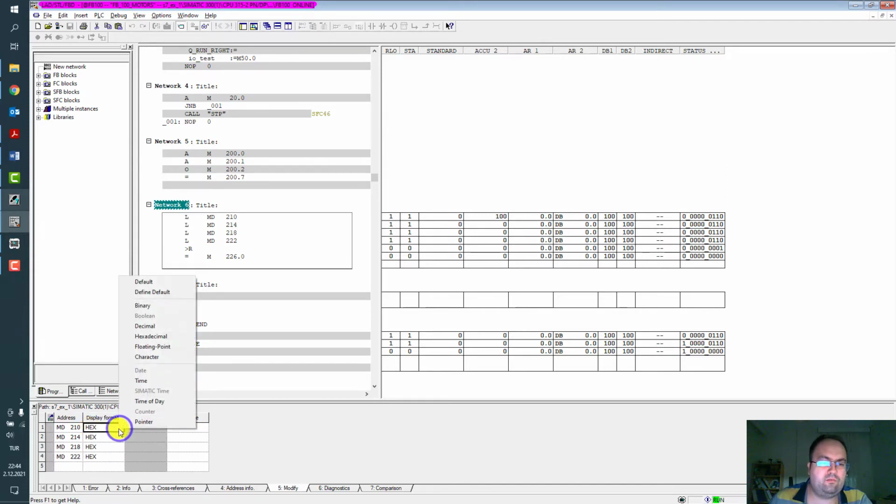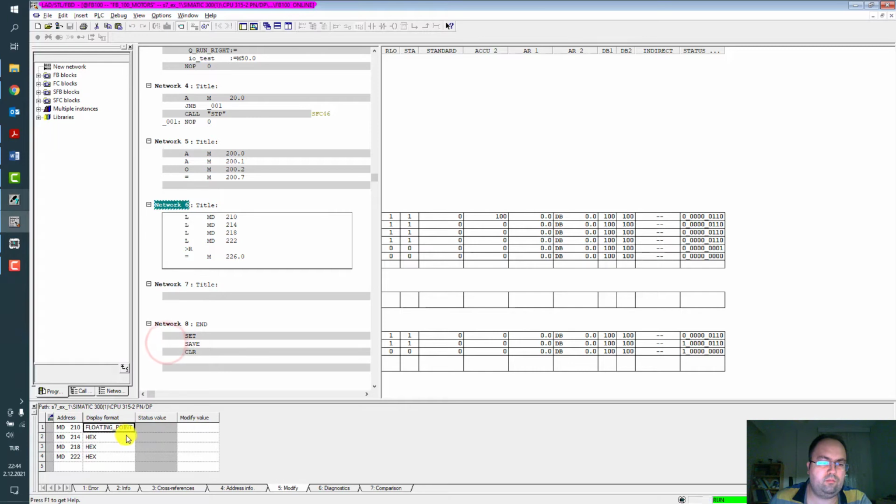Select display format from hexadecimal to floating point. I will try 1, 2, 3, 4.